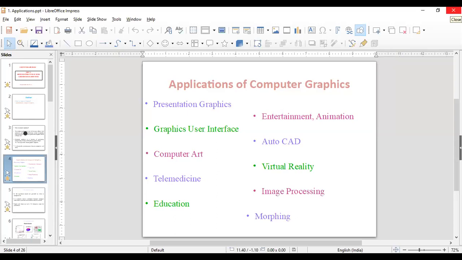Now, aspect ratio. What is the aspect ratio? We can say that it is the ratio of the number of X pixels to the Y pixels. The standard aspect ratio for PCs is 4:3 and 5:4. These are common examples of resolutions, the number of pixels, and the aspect ratio.